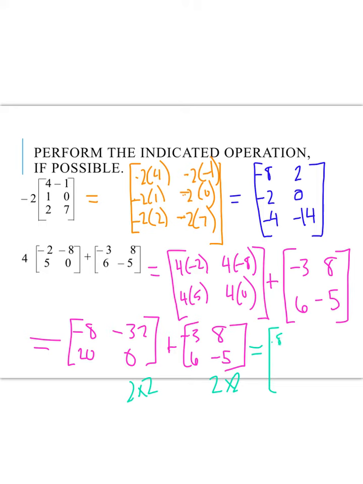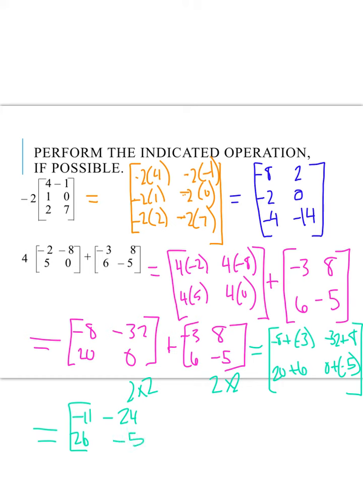I'm going to get negative 8 plus negative 3, negative 32 plus 8, 20 plus 6, and 0 plus negative 5. And to simplify that, we get negative 11, negative 24, 26, and negative 5